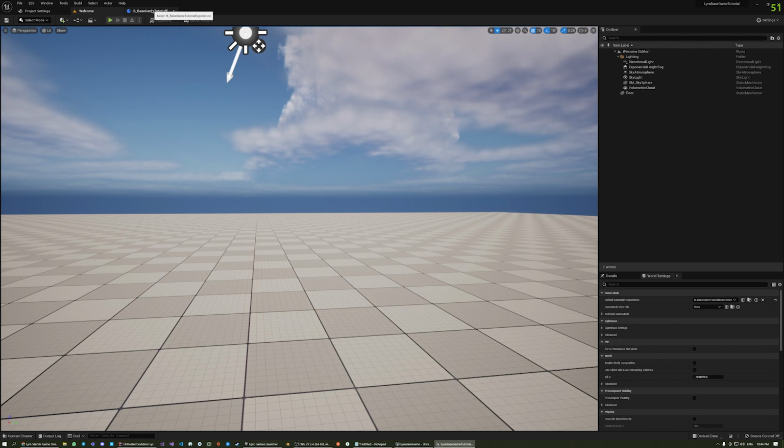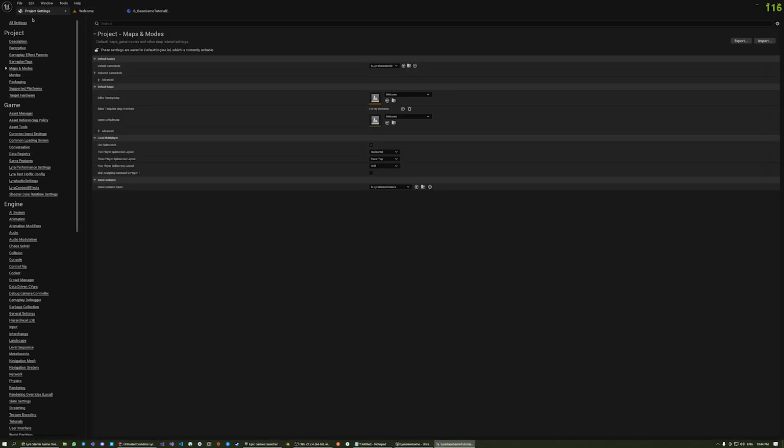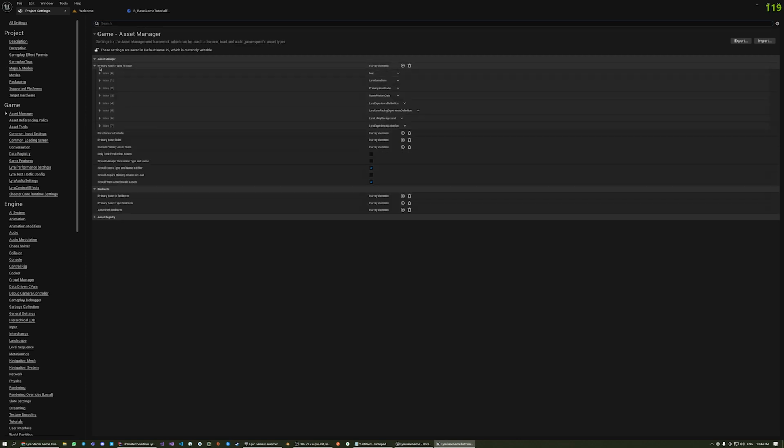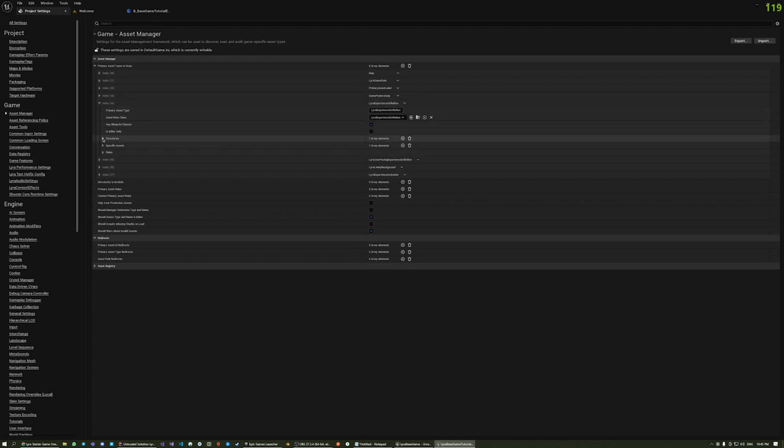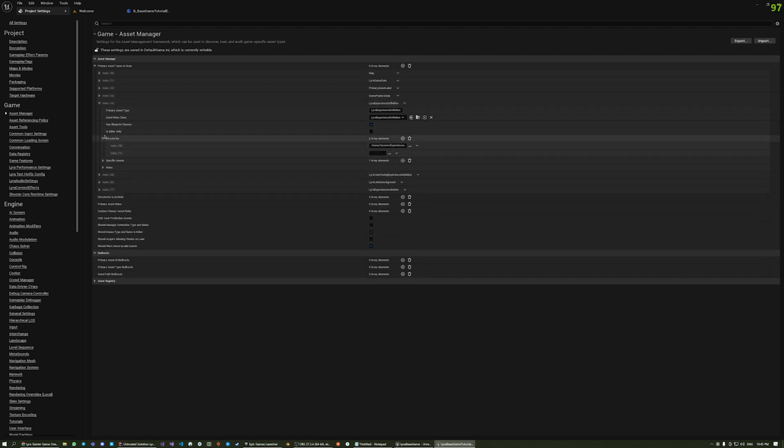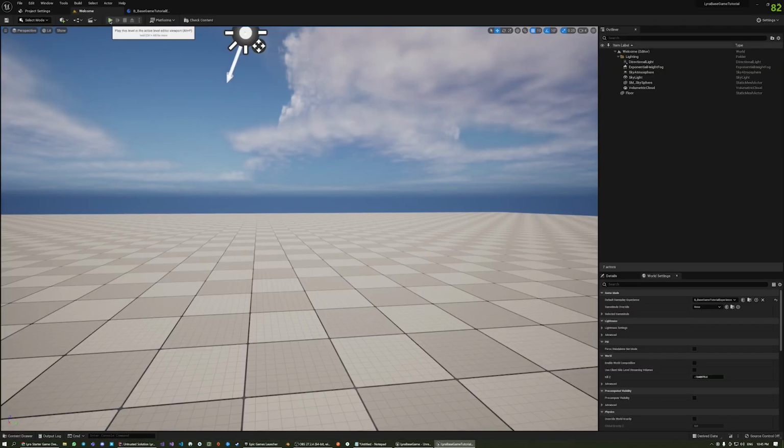And just another thing that I noticed is that you can go into your project settings in the asset manager. Here in primary asset types to scan, you can go to this Lyra experience definition, index 4, and here in the directories, you'll need to put another directory and set it to your game feature experiences folder. For some reason, the Lyra Framework doesn't recognize your experiences without putting it right here. I don't know if it's a bug, because it's kind of weird, but yeah. You just need to put your experiences folder here. And now if you play, you'll see that